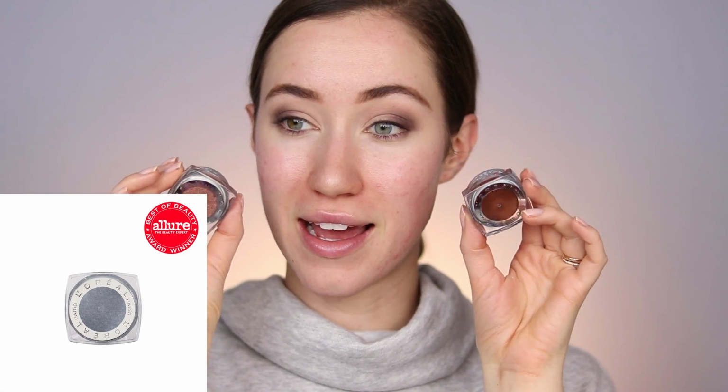The darker shades, at least, I really don't mind. I think that looks nice. Another product that won an award is the L'Oreal Infallible eyeshadows, these ones, and I actually had picked these up to use in a future tutorial and I haven't yet, and they won an award, so I thought, hey, that's pretty convenient. I picked up the shade Amber Rush and I'm really wanting to use this on the